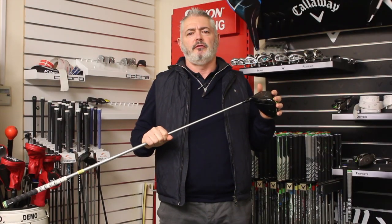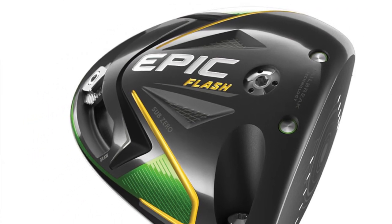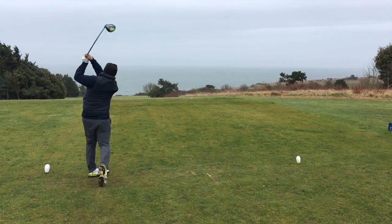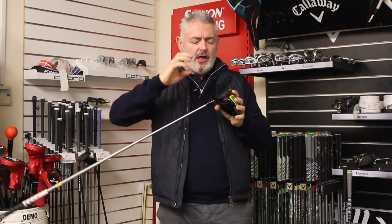Welcome to Planet Golf's review of Callaway's Sub-Zero Epic Flash Driver. I tested this down in Kent. It was quite windy and quite cold, which turned out to be great conditions actually to test this, because the